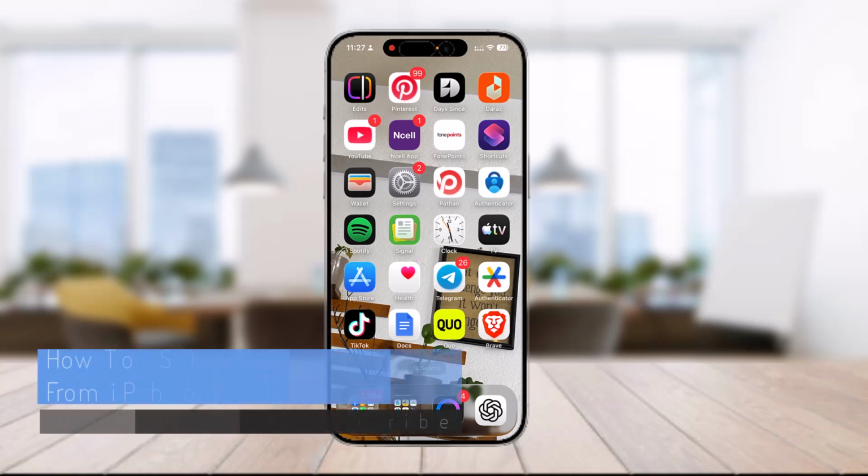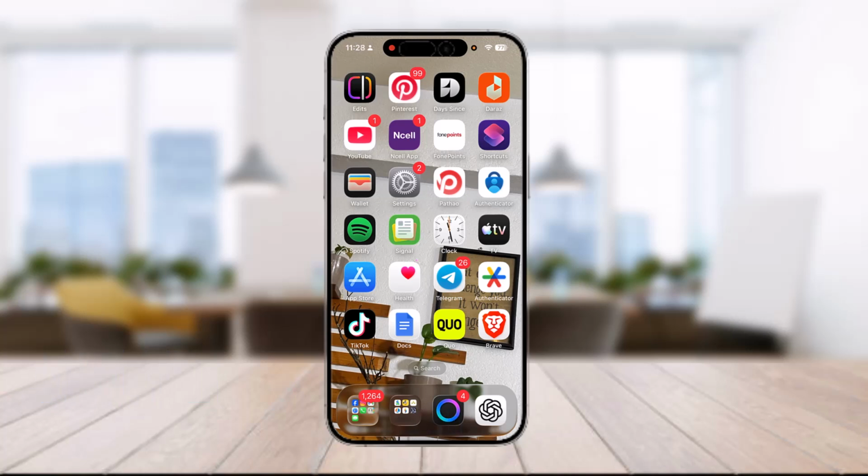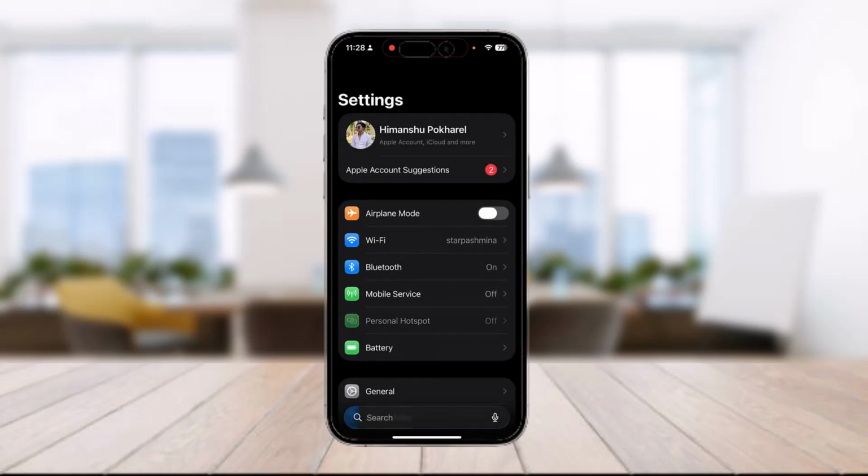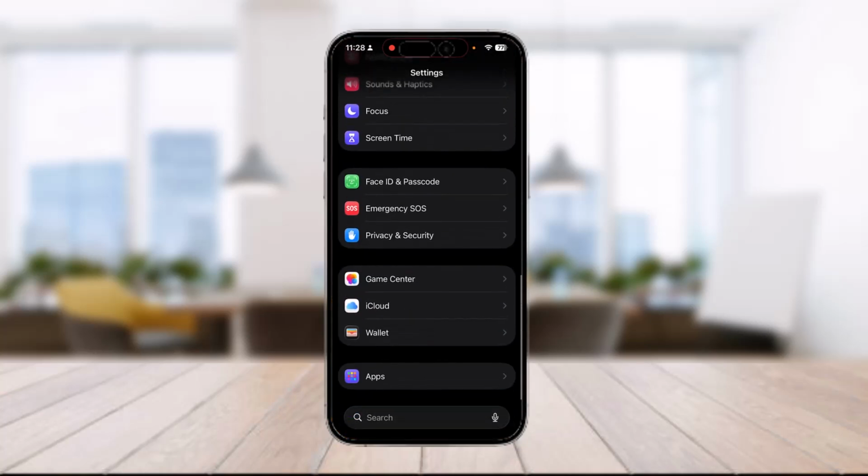Hey guys, in this video, we're going to be talking about how to stop sharing messages from iPhone to other devices. To stop sharing messages from your iPhone to other devices, you need to turn off text forwarding in the settings. So first things first, let's just head into the settings and then scroll all the way down until you